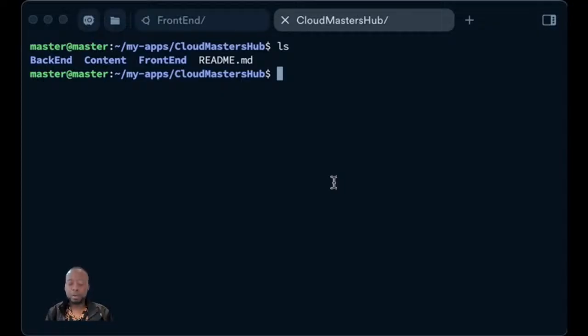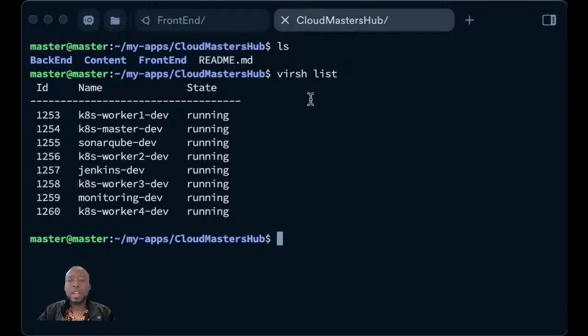The first is I have already built infrastructure, which is my home lab. I have Kubernetes and some virtual machines running. I have a Kubernetes cluster with 5 nodes, one master or control plane, and 4 worker nodes. Just to give you a sneak peek, if I go to see my virtual machines, VS Code. Okay, now you can see that I have 1, 2, 3, 4, 5, 6, 7, 8 virtual machines running